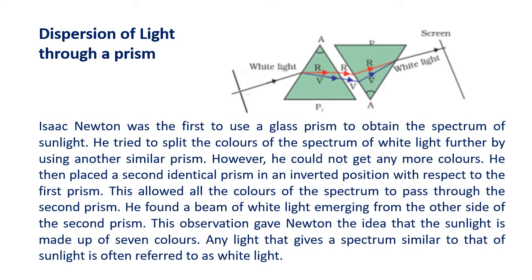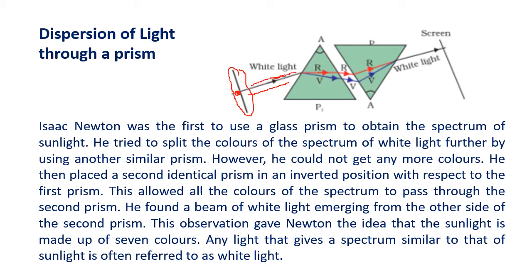Newton made white light or sunlight to fall on a glass prism. Now how that was done, you can close down a window completely with a cardboard and make a small hole in the cardboard. So you can take a cardboard and put it on the window, or you can put a curtain on the window and a very small hole through which the sunlight or white light can come out.